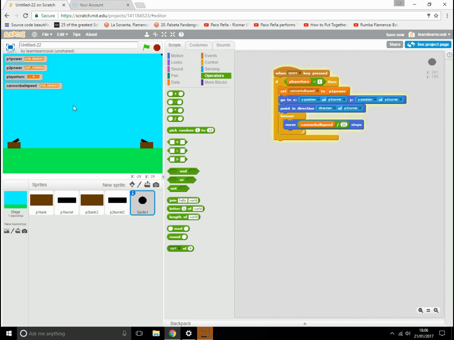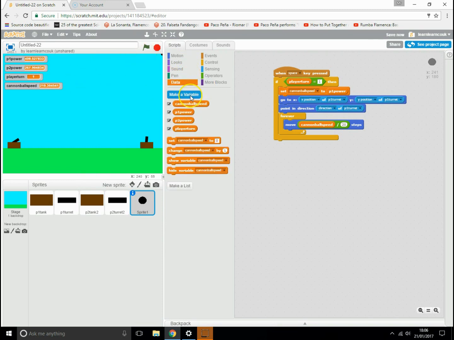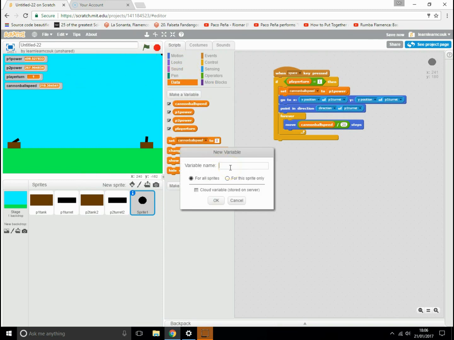Good. Perfect. Excellent. So the ball now is heading up over the other side. It's going at the correct speed for the Cannonball Speed, and it's moving along quite well. But at the moment what we don't have is any gravity. So what we'll do here is let's create, the way we're going to do gravity is we'll do something called